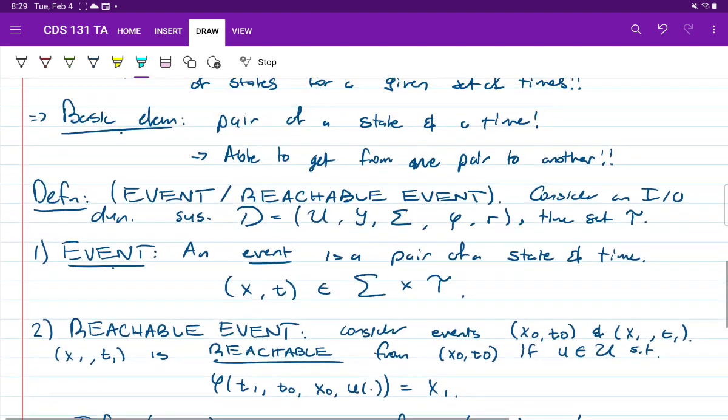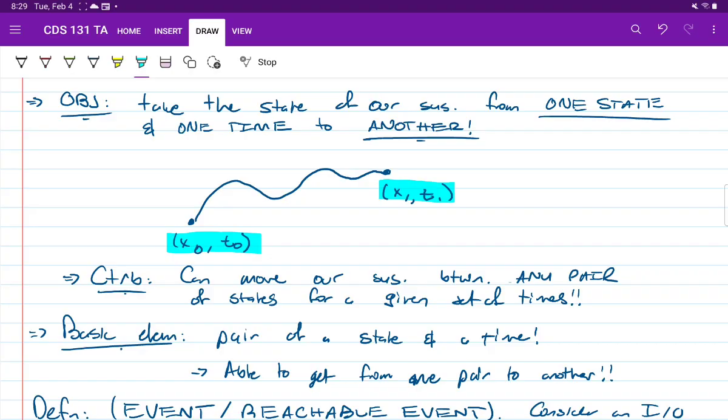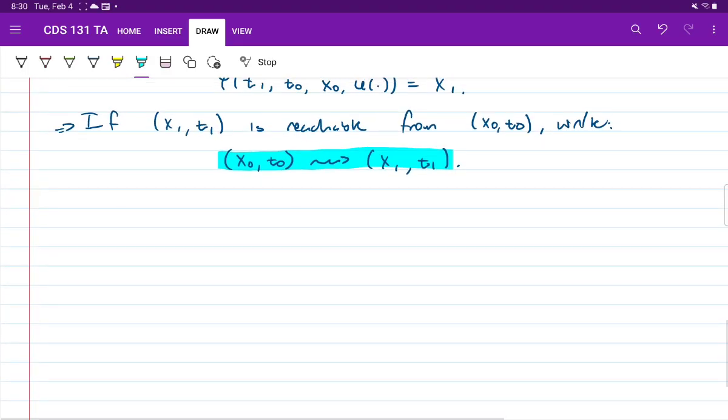Okay, fantastic. So within the scope of this basic example, if we have this scenario over here where we're able to draw a state trajectory from (x0, t0) to (x1, t1), here we have that (x1, t1) is going to be an event that's reachable from (x0, t0), right? Okay. So the basic idea of controllability is, if I'm given any pair of times, t0 and t1, I'm going to declare my system to be controllable if I can reach any final state from any initial state. Okay? So that leads us to the definition of controllability.